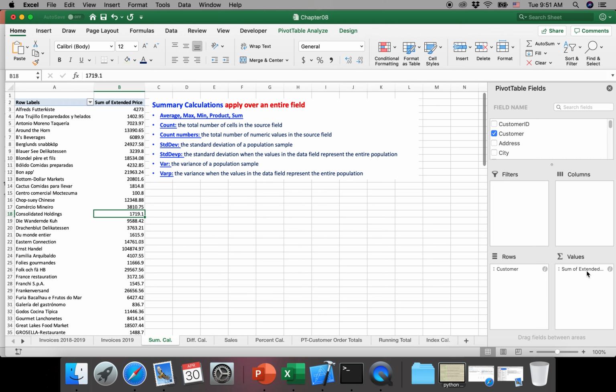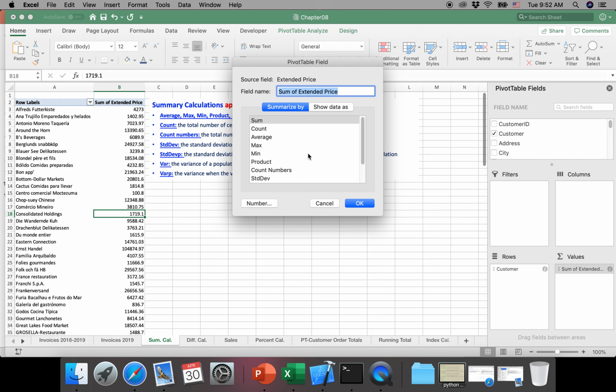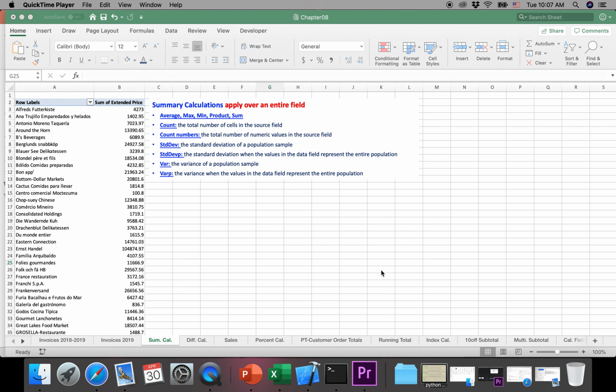You can also change the summary type. Just click here and right-click, choose Field Setting. Then you can see these 11 built-in summary calculations, and you can choose which one you want. Except these 11 built-in summary calculations, Excel provides another important calculation. It is the